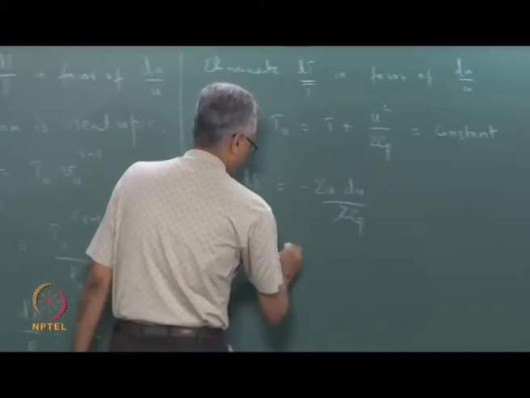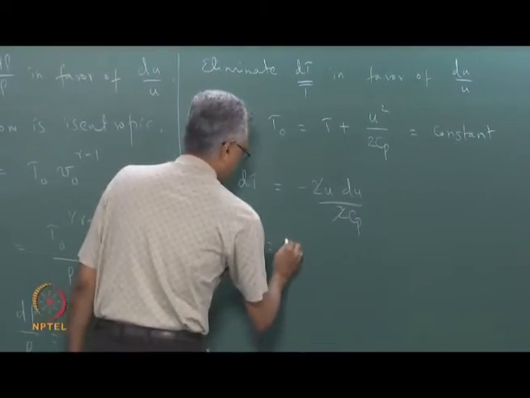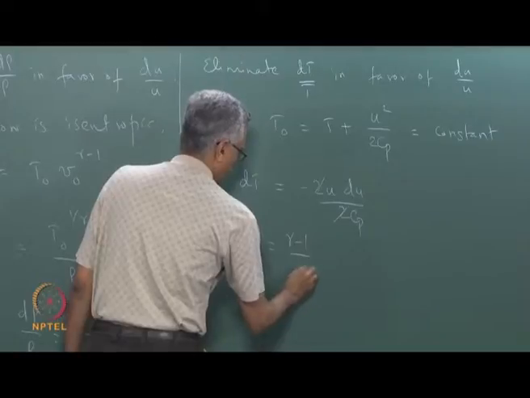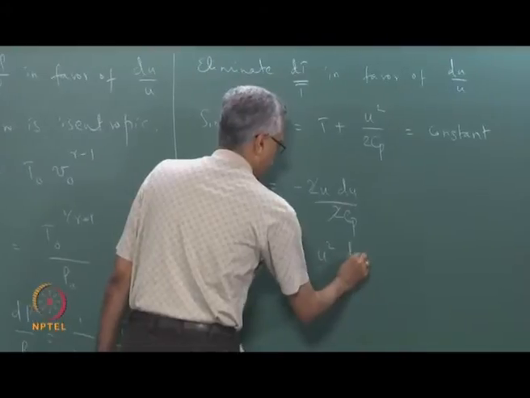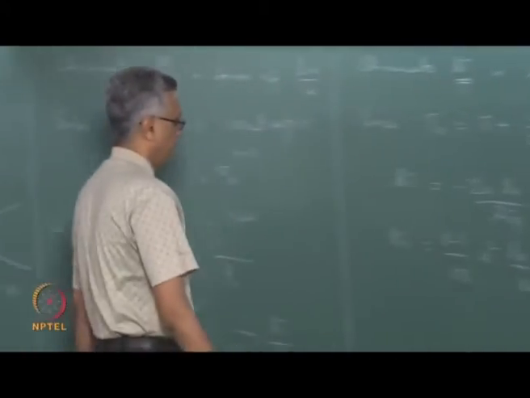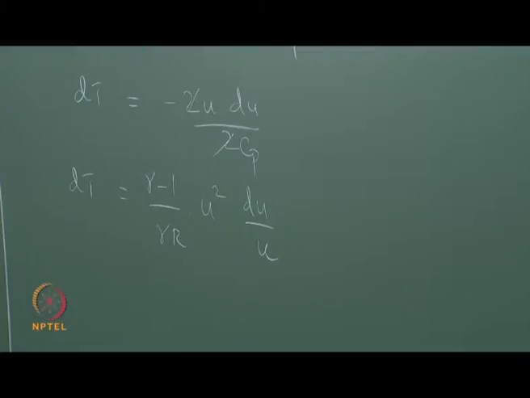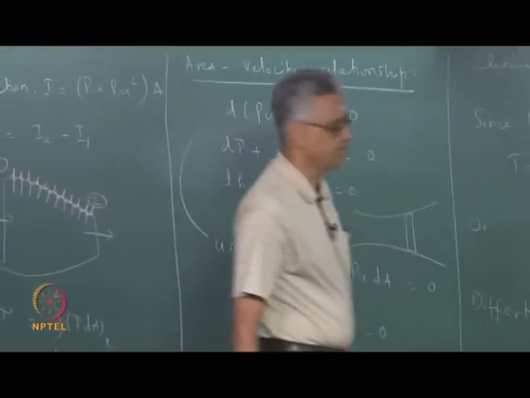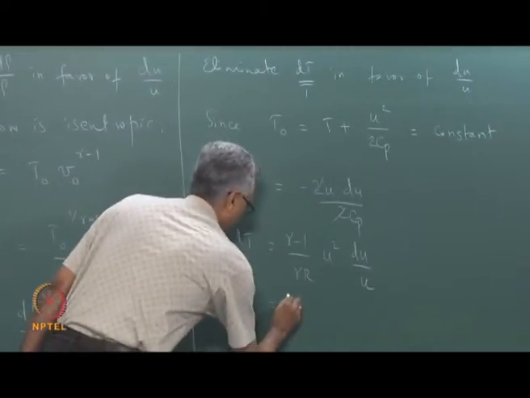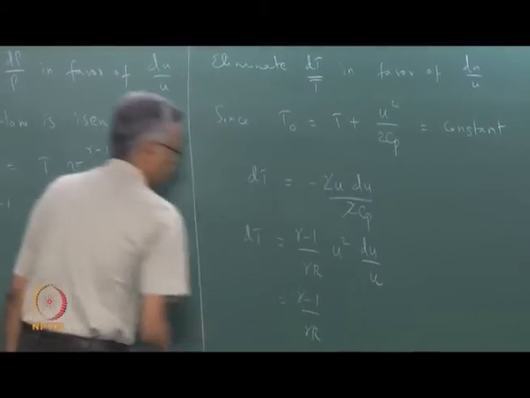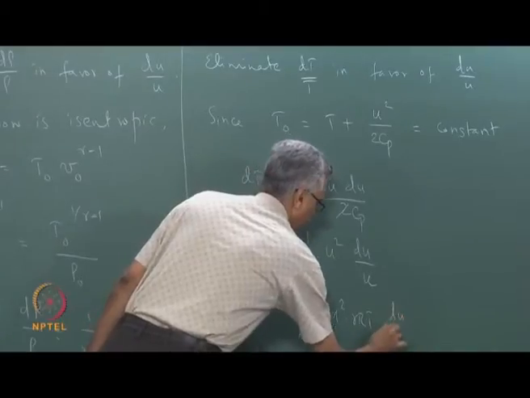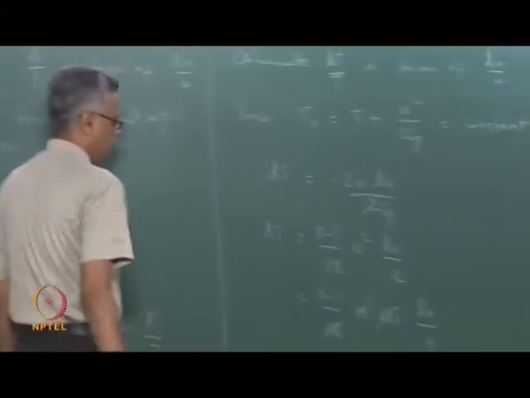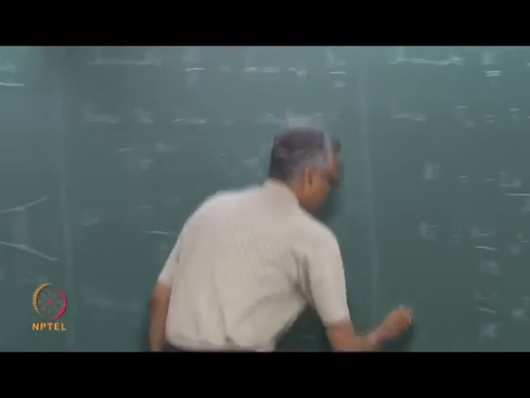equal to, Cp is gamma R over gamma minus 1. So, I can write this as gamma minus 1 over gamma R, and if I multiply and divide by u, I get this to be u square times du over u. And if I use the fact that u is M times square root of gamma RT, I can write this as gamma minus 1 over gamma R times u square, which then becomes M square times gamma RT du over u. So, the gamma R cancels out and I end up with an expression where I have dT over T